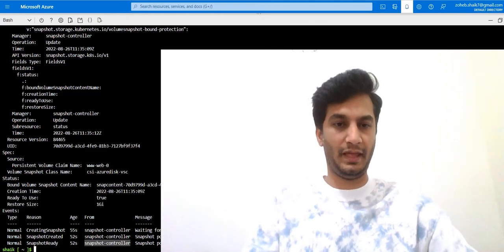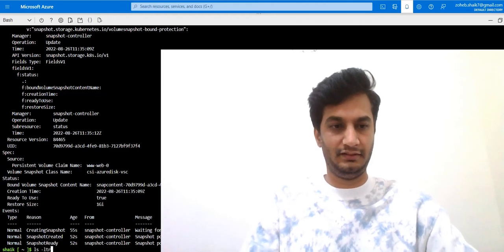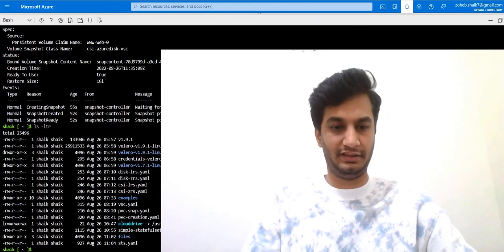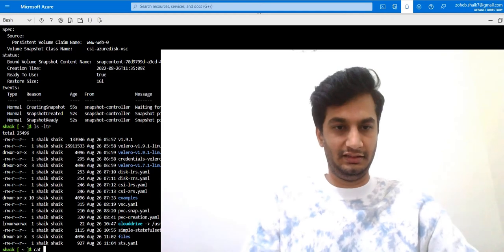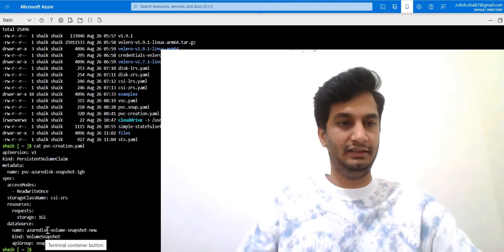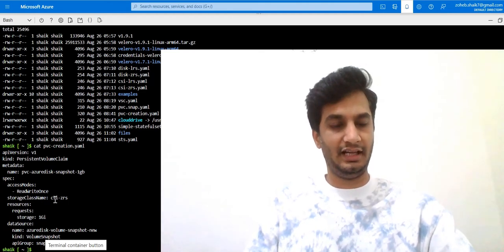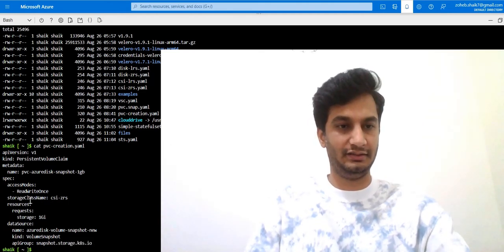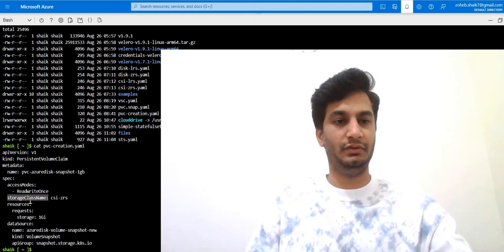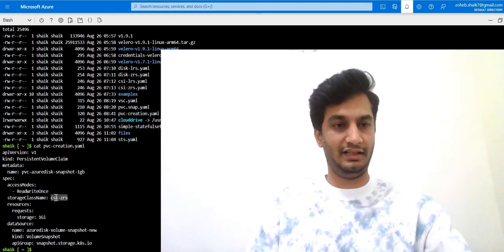With this snapshot, I'm gonna create a PVC, which is an important part for my use case. Yeah, I'll show you that file as well. PVC creation. Here, this is very important. From the LRS, I'm just converting it to ZRS storage class, which is the reason we failed to deploy that LRS PVC to multi-AZ. For that, I'm just converting that LRS to ZRS.